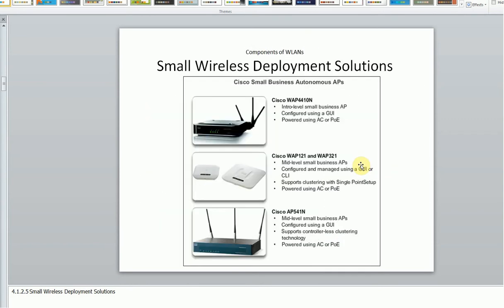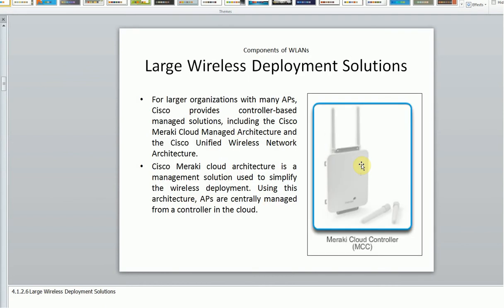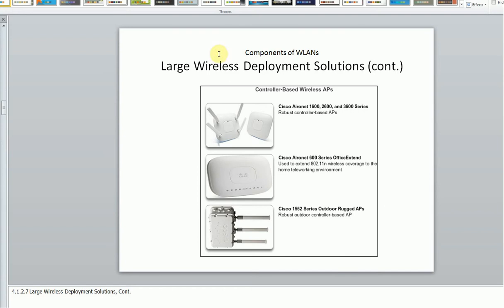When we talk about devices, we have a small wireless deployment solution where single individual devices are configured, and we also have a large wireless deployment solution where we can have controllers in the wireless segment. These are the different large wireless deployment solutions.